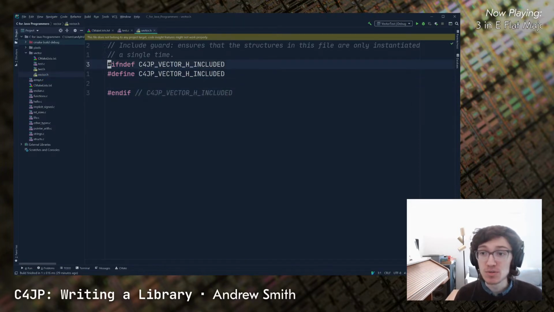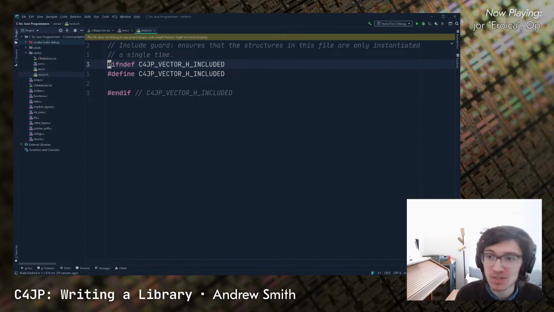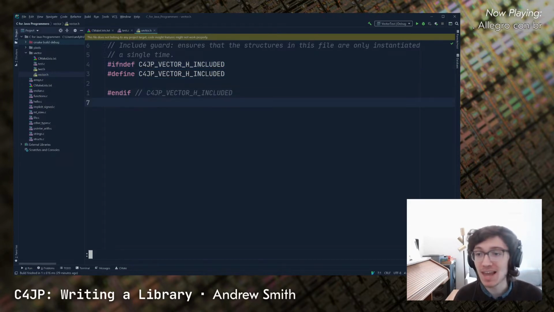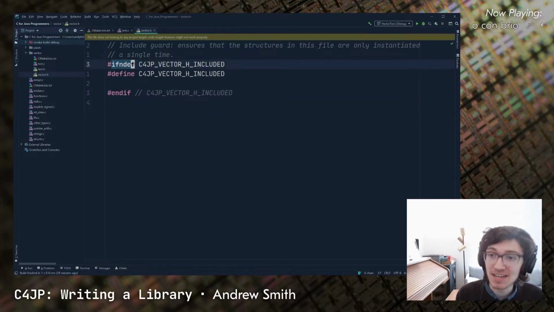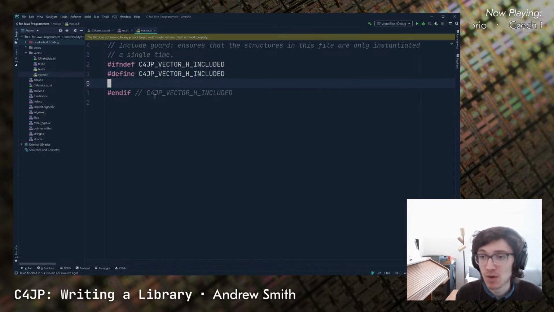And so these are some new preprocessor directives for us. We haven't seen these directives before. But in essence, what's happening here is we're going to try and import this file, and we're going to encounter this ifndef. And what this says is, if this symbol is defined, then we're going to skip to the endif. And this is actually going to be where our file ends, at this endif. And if it's not defined yet, then we're going to define the symbol and then run all of the rest